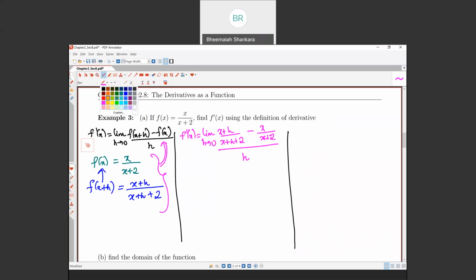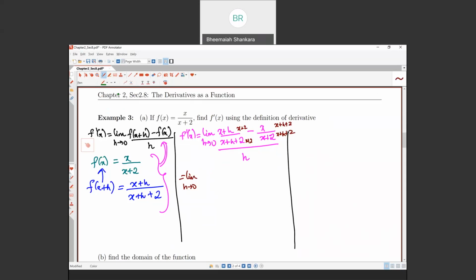Now in the numerator, you have difference of two fractions with a different denominator. So you want to make a common denominator. So multiply x plus h plus 2 for the second fraction and multiply x plus 2 for the first fraction. By doing so, you have a common denominator. Now you're good to rewrite the terms. The numerator becomes x square, multiply them out and write in a neat order so that it's easy for you